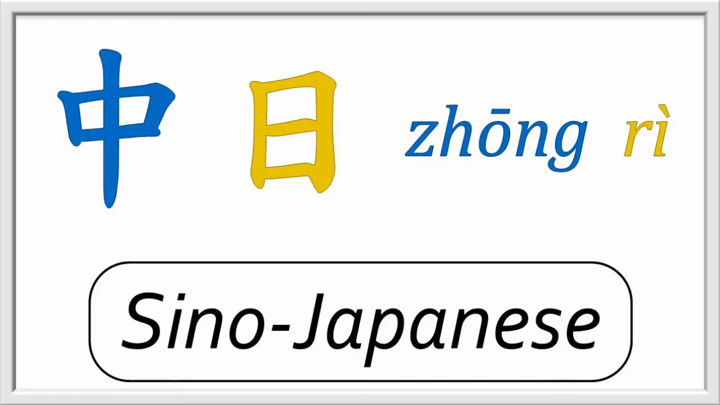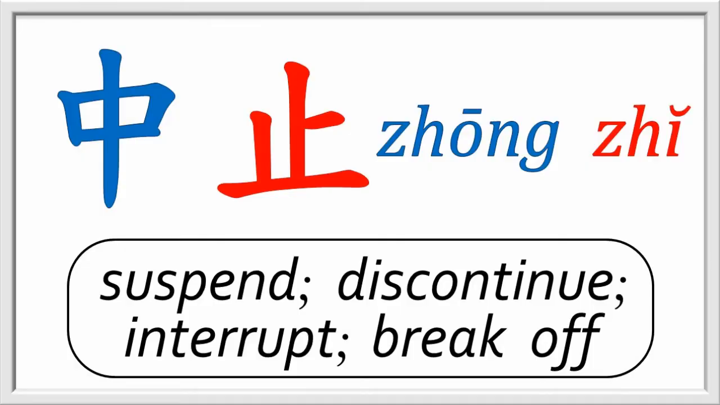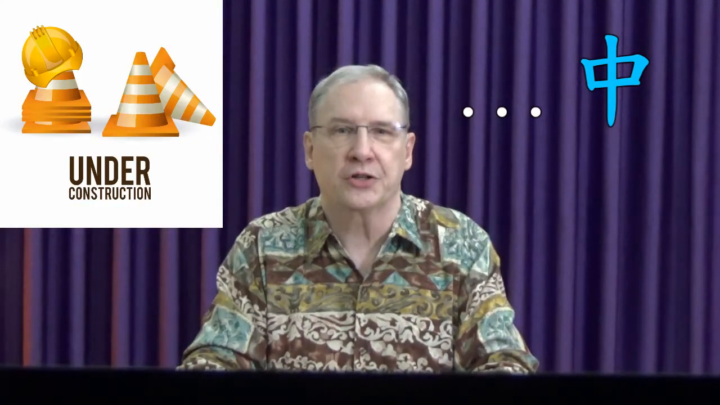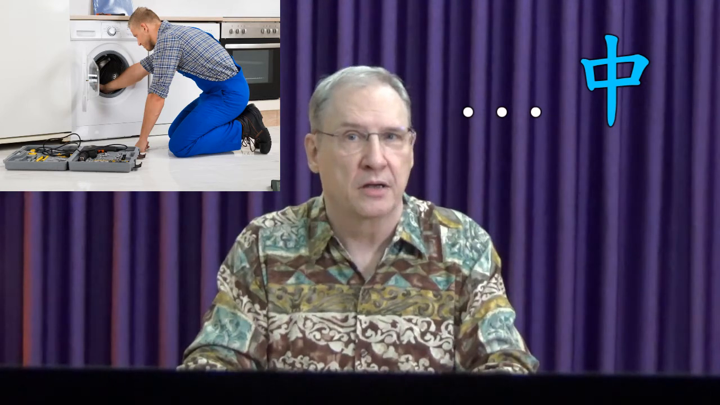Expressions using this character include Sino-Japanese, 中日, and a phrase meaning to suspend a contract, discontinue a discussion, interrupt a meeting, or break off negotiations. 终止, literally to stop in the middle. Equally useful is 中 in final position, indicating something currently in progress, expressed in English by an ing participle. For example, a road under construction, a machine awaiting repair, a video now playing, a shop open for business, and